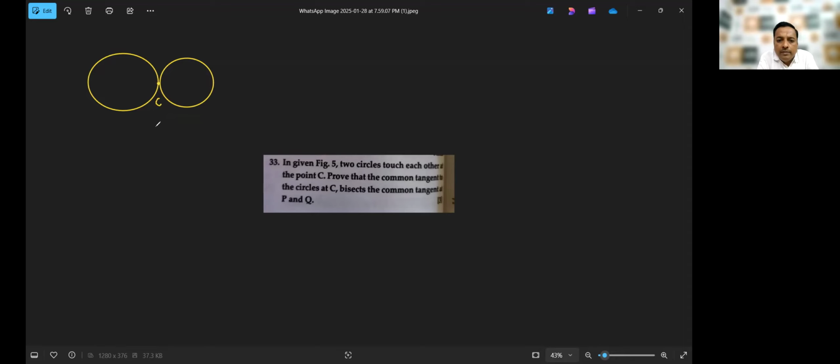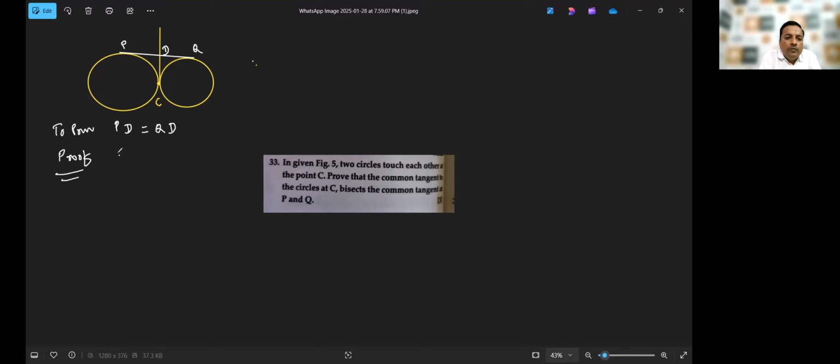प्रूव दैट द कॉमन टेंजेंट टू सर्कल एट पॉइंट C, कॉमन टेंजेंट है कोई तो, सो फ्रॉम हियर वन कॉमन टेंजेंट, बाइसेक्ट द कॉमन टेंजेंट एट PQ। तो दूसरी एक कॉमन टेंजेंट है, दिस इज वन मोर कॉमन टेंजेंट, दिस इज एट PQ एंड दिस बाइसेक्ट। तो क्या दिया? प्रूव दैट द कॉमन टेंजेंट टू सर्कल एट C बाइसेक्ट द कॉमन टेंजेंट एट P एंड Q। सो यू हैव टू प्रूव कि PQ जो टेंजेंट है ना, वो बाइसेक्ट होती हुई करना है, मीन्स यू हैव टू प्रूव PD इज इक्वल टू QD। ओके, प्रूफ।